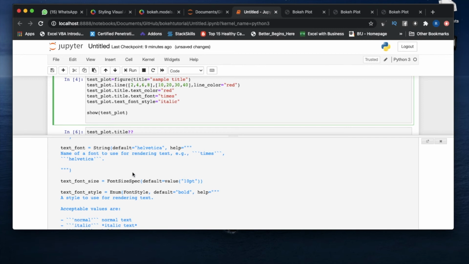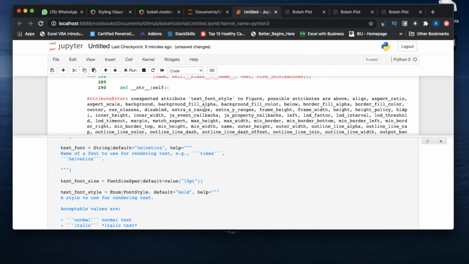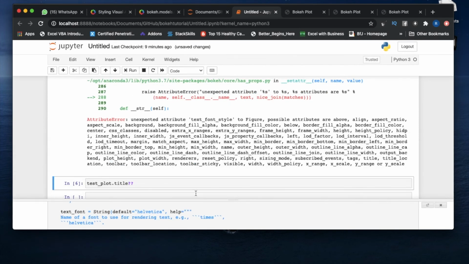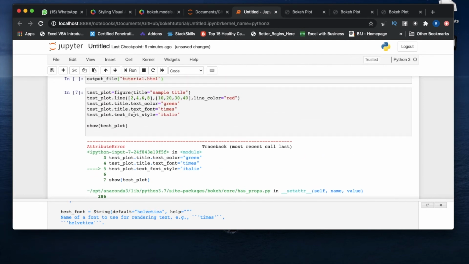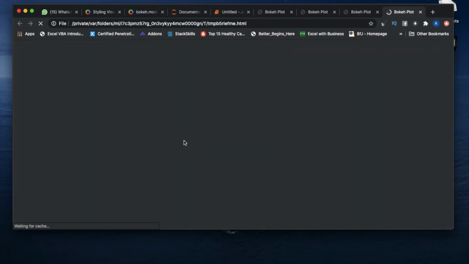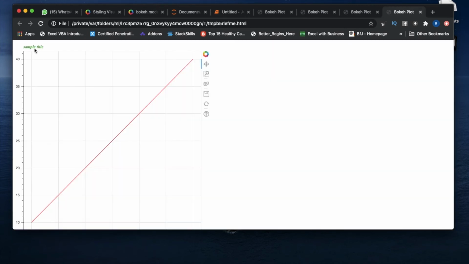Okay, and we can note some other color as well. So let's see how it is actually getting changed. Maybe you can change it to green actually. Okay, so let's see what things are getting changed. Okay, I got some error. What is it saying? Text plot font style. Okay, so it should be title dot this. Okay, so it is getting open. So green, if you see the font, the font title has been changed to green. It is now becoming italic, and the type of the font is now Roman.